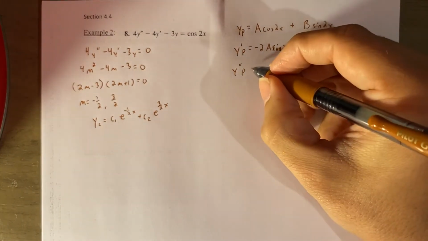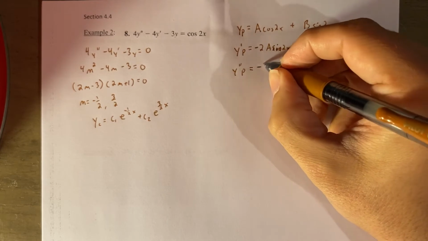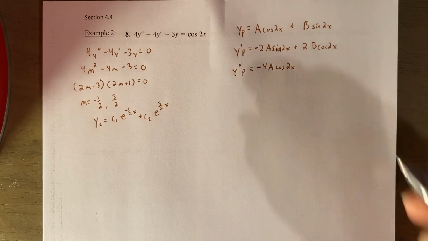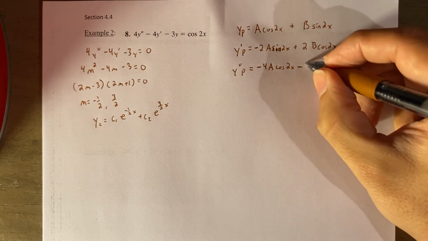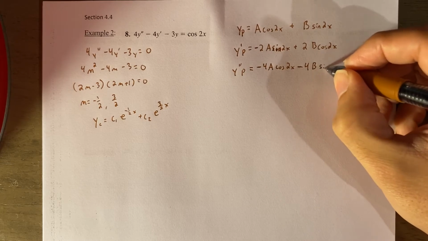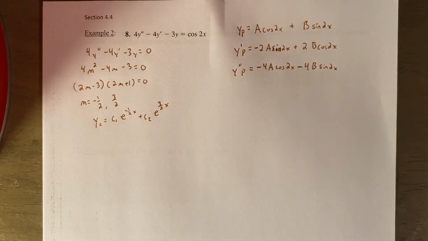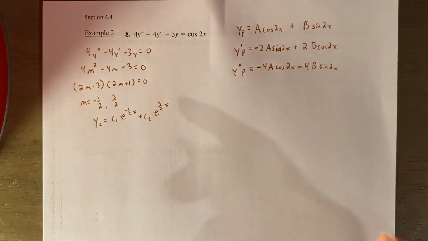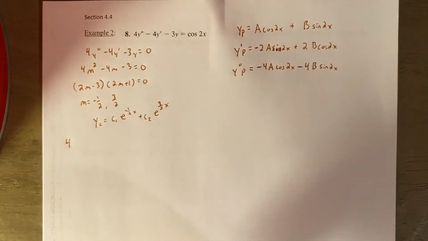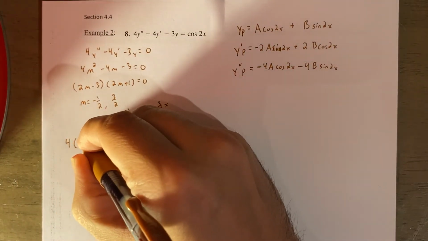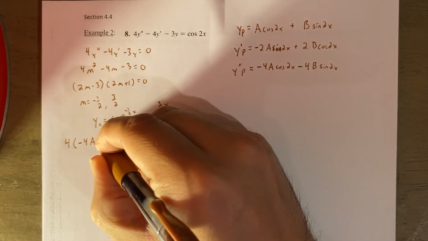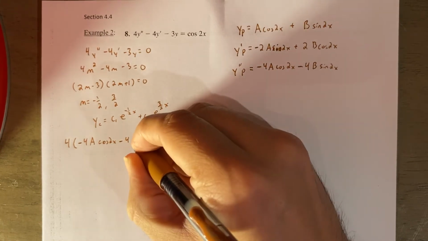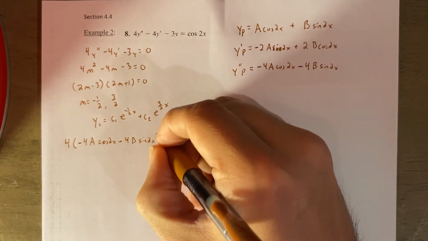So do y double prime, and we're going to get negative 4a cosine 2x minus 4b sine of 2x. And so there we have our derivatives, and we're going to substitute those into our differential equation. So there's a lot to substitute in. So we're going to get 4 parentheses negative 4a cosine 2x minus 4b sine of 2x